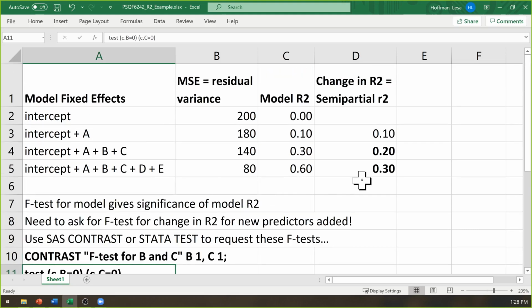But if you didn't want to do it in a sequential fashion, then I want to teach you how to take one model and answer all of these questions. Because you don't actually have to add them in step by step to get the contribution of each. You can ask it to provide the contribution of each from one model. So that can save you time and is especially useful in situations in which there's not a clearly undebatable ordering to how the predictors should go in.